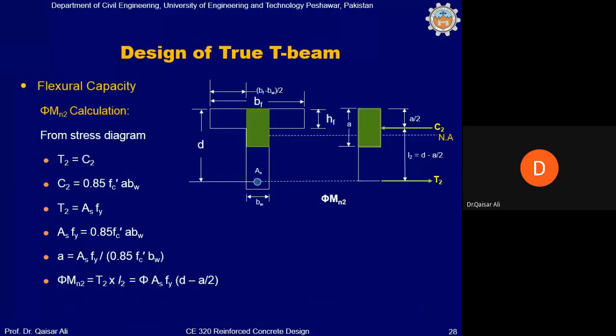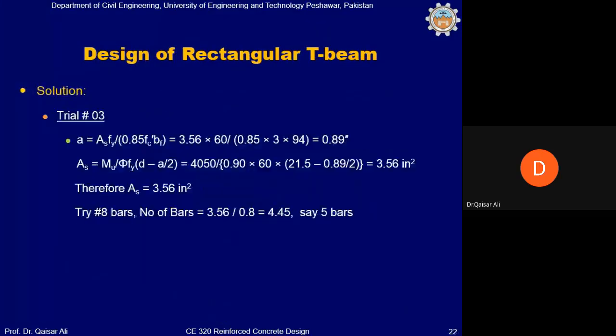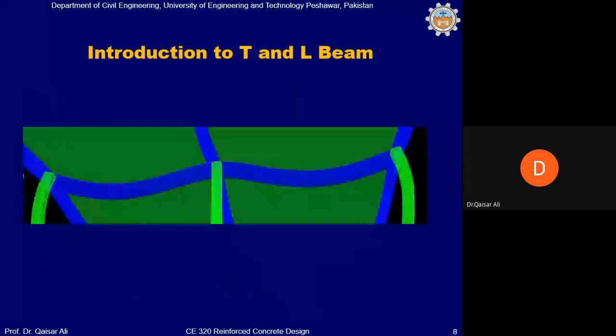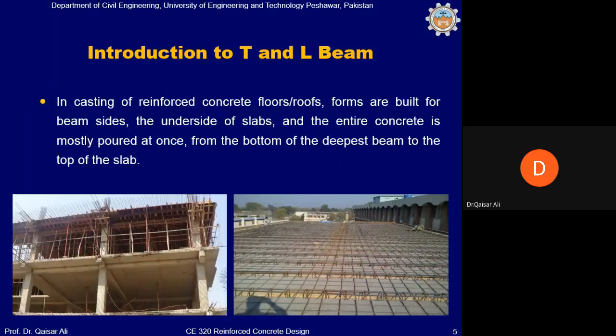मैं थोड़ा सा लेक्चर में से अहम चीज़ें दोबारा आपको बताता हूँ, बस के बाद फिर ख़त्म करते हैं। आज हमने लेक्चर जो शुरू किया तो हमने शुरू में कहा कि रीइंफोर्स कंक्रीट में जो शेप ऑफ द बीम होते हैं वो टी और एल होते हैं, because the slab and beams are cast monolithically. The slab reinforcement, particularly the strips, are going into the slab, and the slab reinforcement is passing through the beam, and this will make them